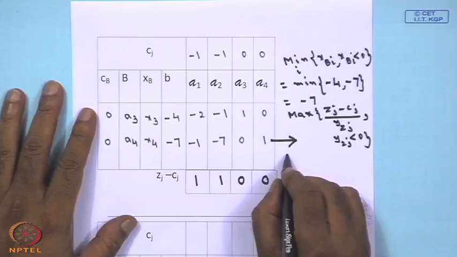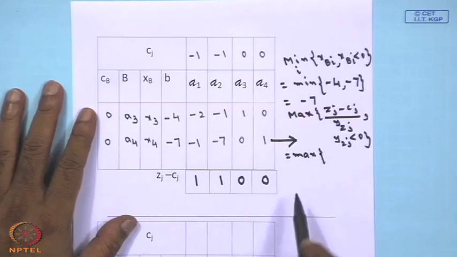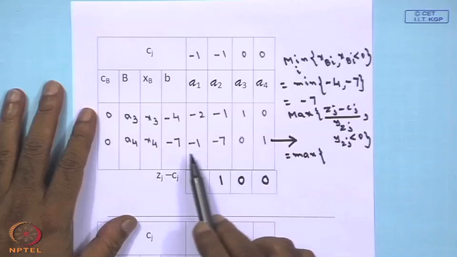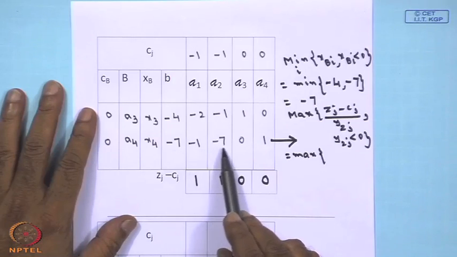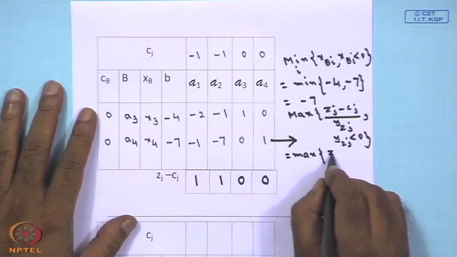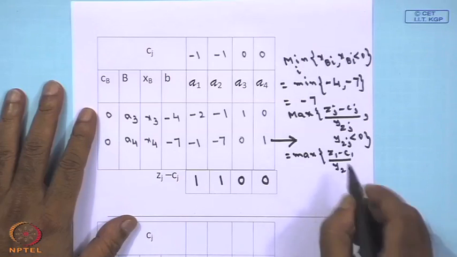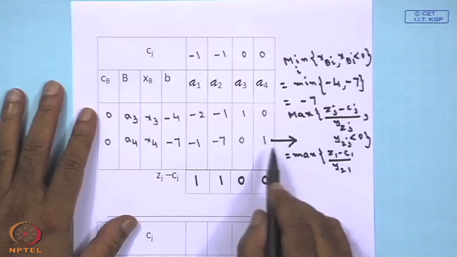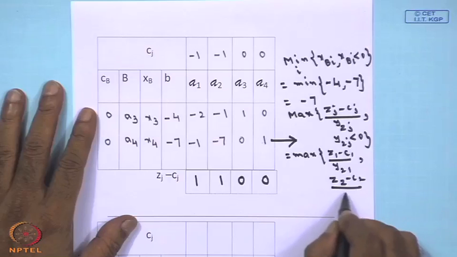That means you can check the max of, corresponding to this one, both are negative 1, a1 and a2 only, minus 1 and minus 2. So it will be z1 minus c1 by y21. I have written 2 because the second row was the departing vector, and the other one is z2 minus c2 by